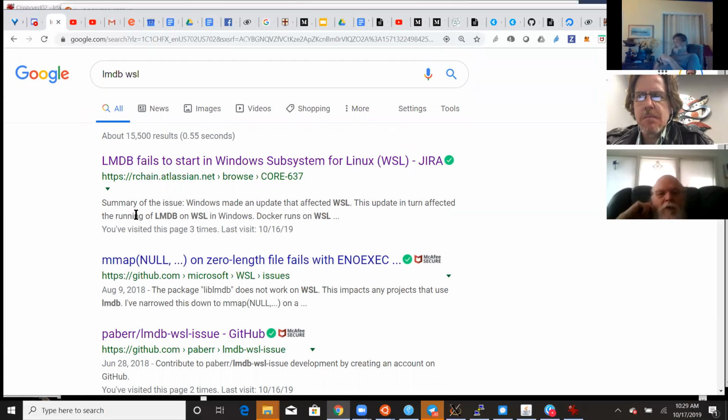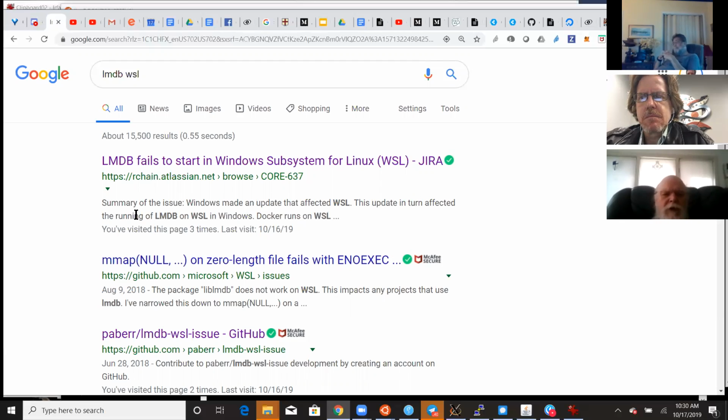How could... LMDB is probably the most popular key value store used in Linux. One interesting thing about this is those page faults. I just had an experience with page faults earlier that was actually a little more disastrous. It would cause a blue screen on my computer, and I had to go through an update of a wireless driver, an Intel wireless driver.